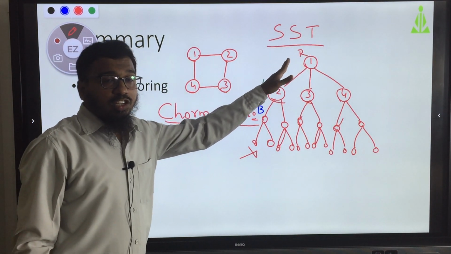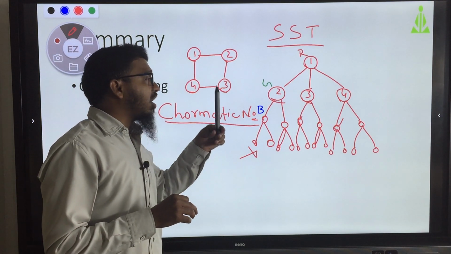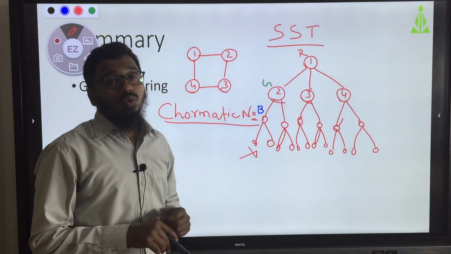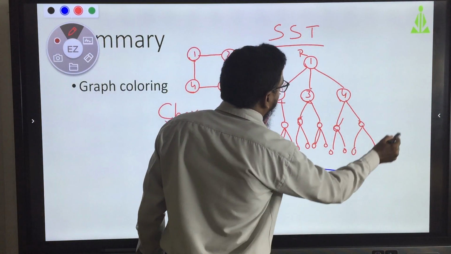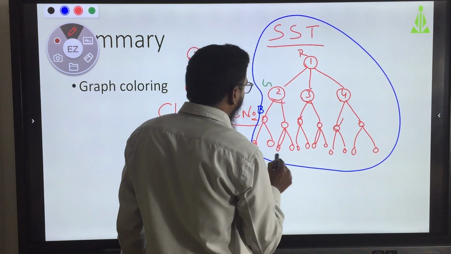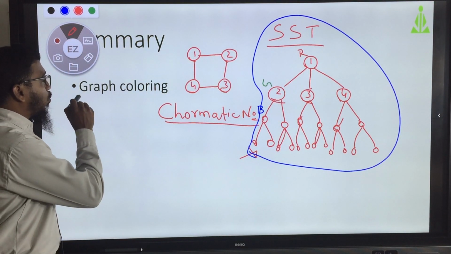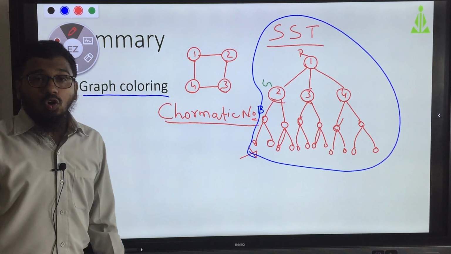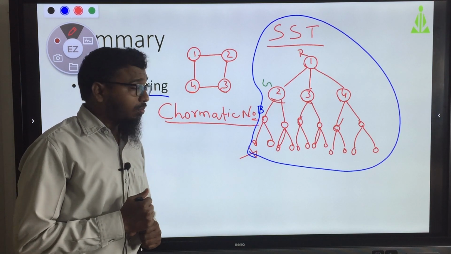Then after finishing all, which coloring is satisfying and which one uses fewer colors, you need to identify with the state space tree. This we have already seen while taking the example of the map. So graph coloring is a topic in the design and analysis of algorithms subject.